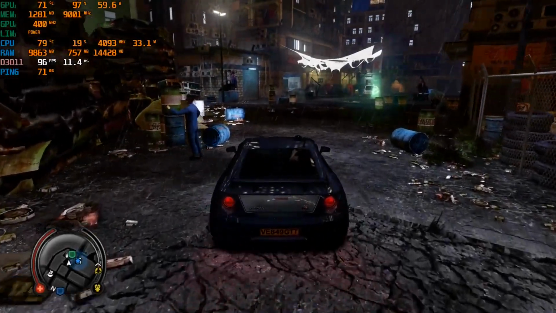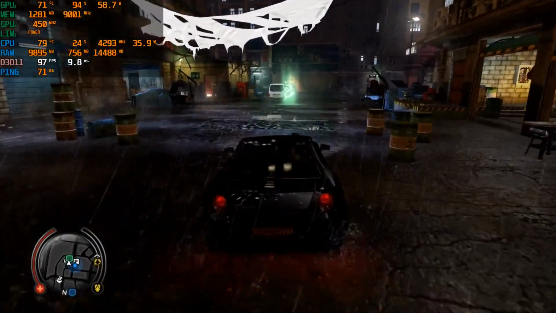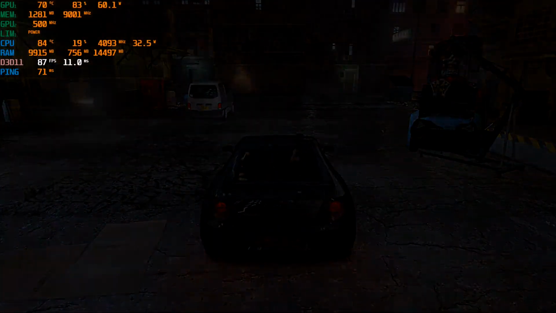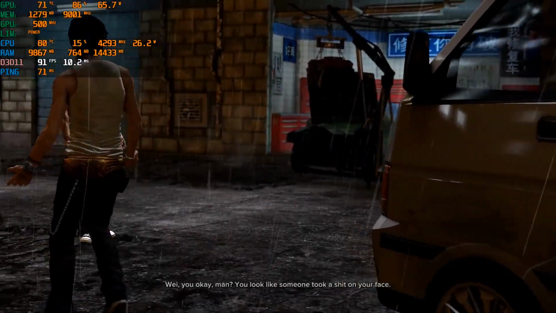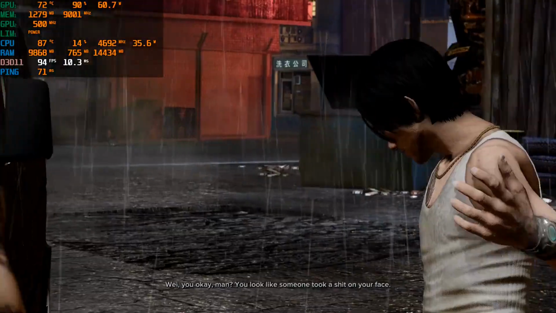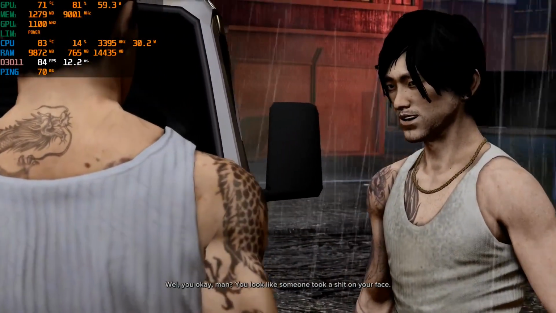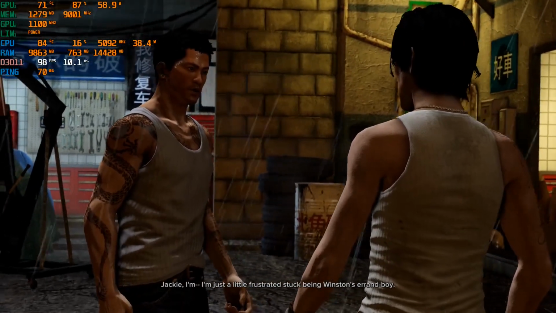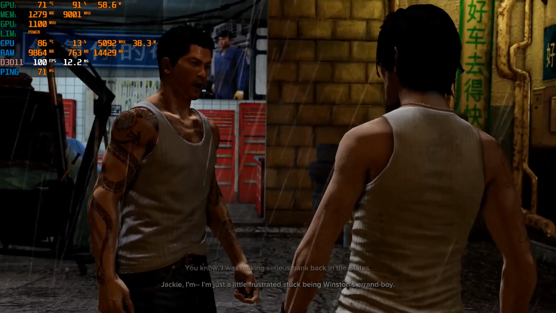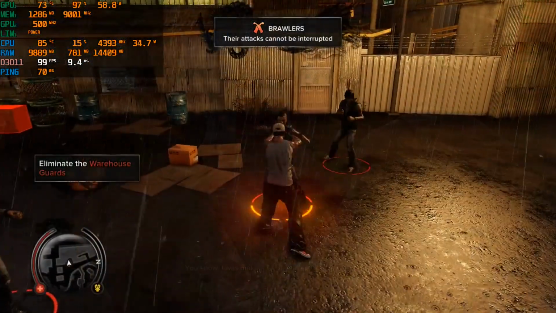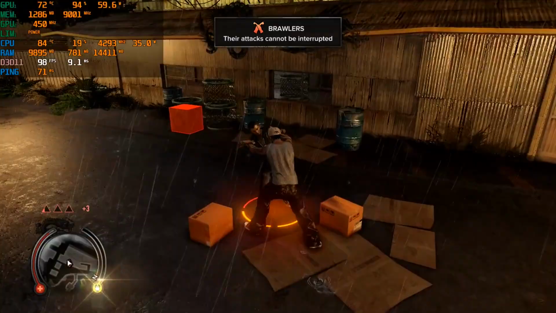Next up, Sleeping Dogs. This is the limited edition, which means it's the original game from 2012 and not the Definitive Edition. I just get regular FPS, which is always 1 FPS and such. I wonder why I always show early 2010s games, since they are not a problem for modern hardware